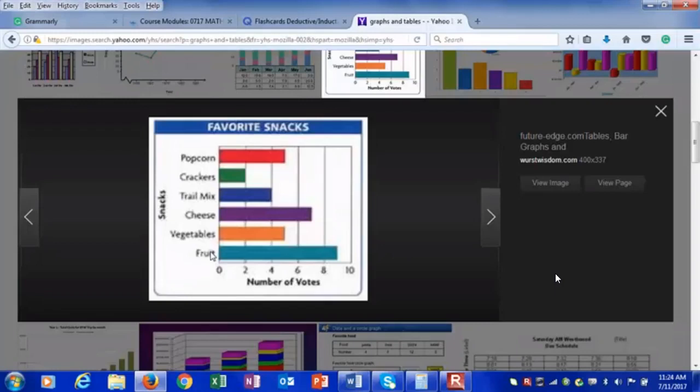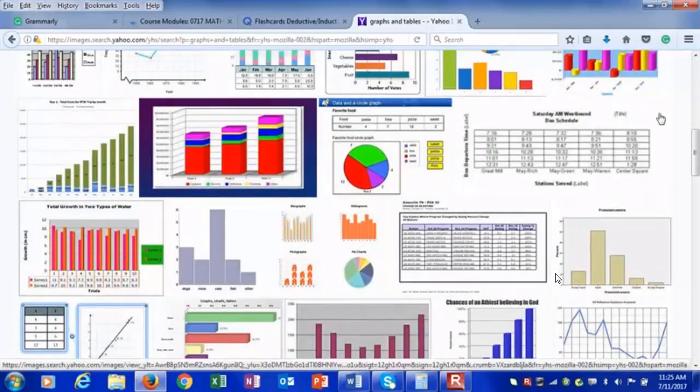So if I were to go to the store and get fruit and cheese, a large amount of students will eat fruit and cheese. Now, does that mean that's all they'll eat? No, because I could very well go to the store and get all 6 of these items. And the people in the class are going to eat what they want to eat. Okay? All right, let's keep going.